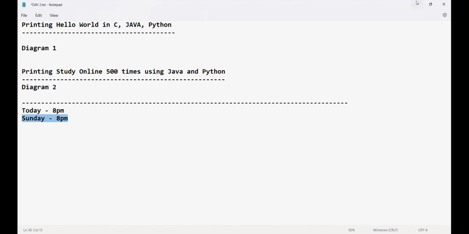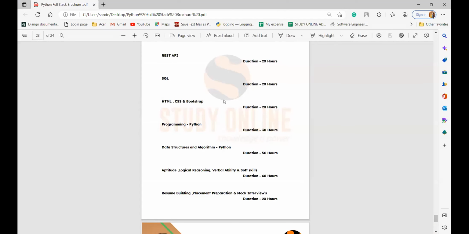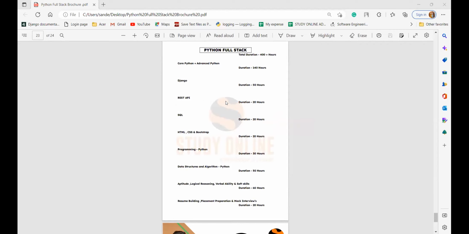Now, what will be the commercials for this Python full stack batch? Everything, if you ask me. Let me just open the browser and show you. Please tell me, are you able to see the browser or not? Give me one minute, I'm just sharing it. Yes or no in the chat box? I hope if you are attending from a laptop, you'll be able to see properly. If you are attending from a mobile phone, you may not be able to see properly.